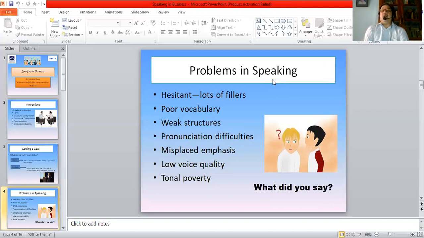Often we are at a loss for words, so we are hesitant. People tend to use a lot of fillers. What are fillers? Various kinds of paralanguage, like the expressions